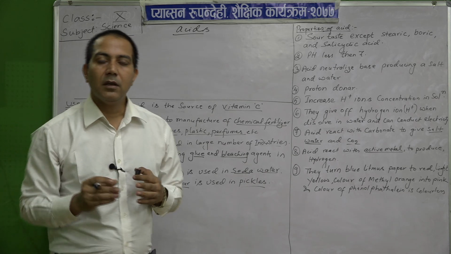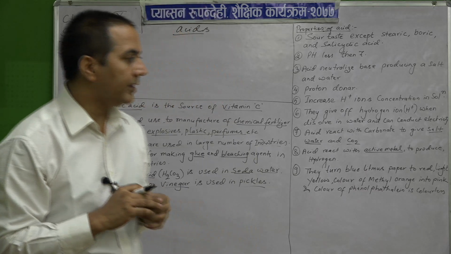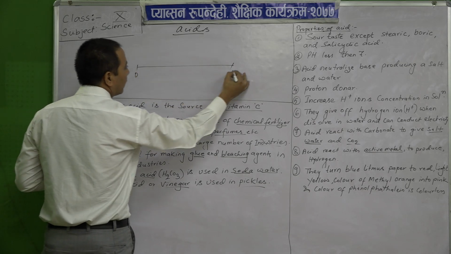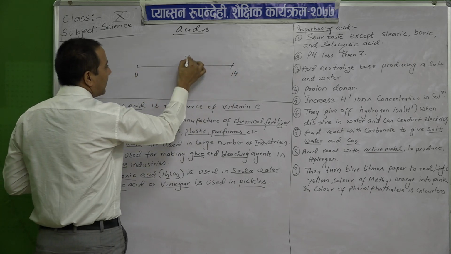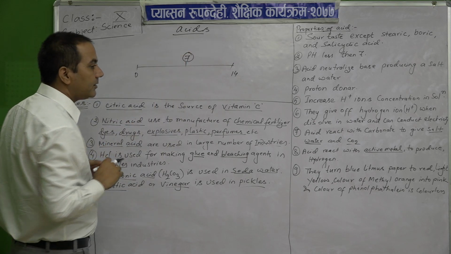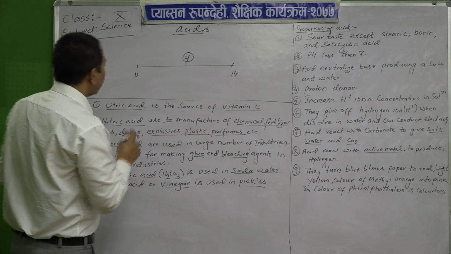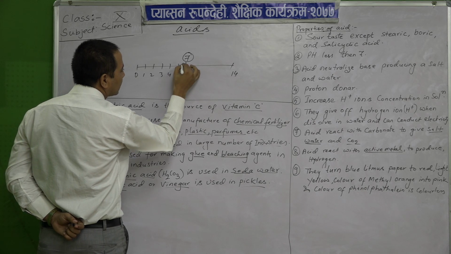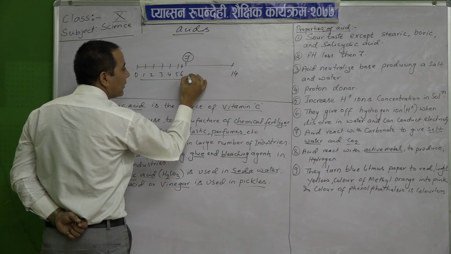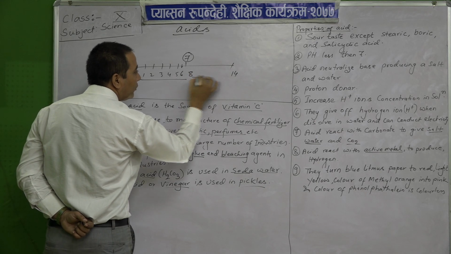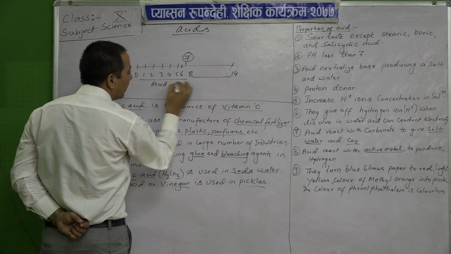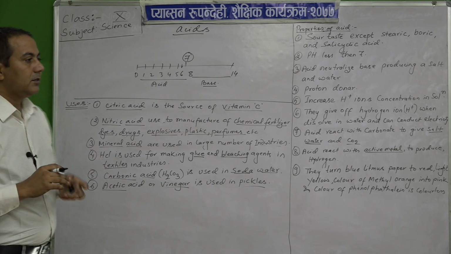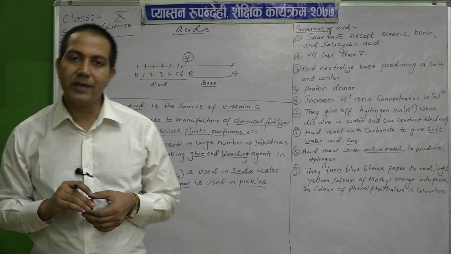Then the next one is, if you have heard about the pH scale, that is 0 to 14. Okay, so 7 is the neutral point. It is neither acid nor base. So acid mostly falls under 1, 2, 3, 4, 5 and 6. The pH scale has 8 to 14 as base. So by studying the pH scale, we can say whether it is base or acid.